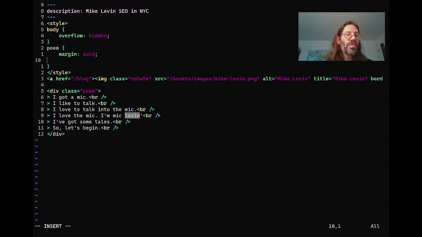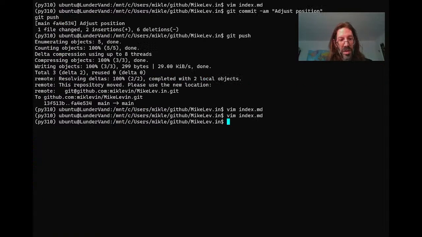So that last part is width: I don't know, let's say 50%, because it's a narrow poem. Quit. I won't use my whole release system. Git commit, center a poem.